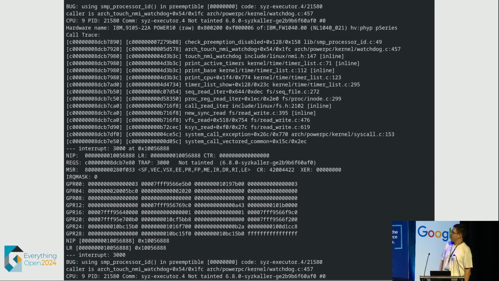This is a current PowerPC kernel bug, which I started looking at and have not yet fixed. I've got a patch sitting in a branch somewhere. I think it compiles, but I haven't tested it. But, you know,